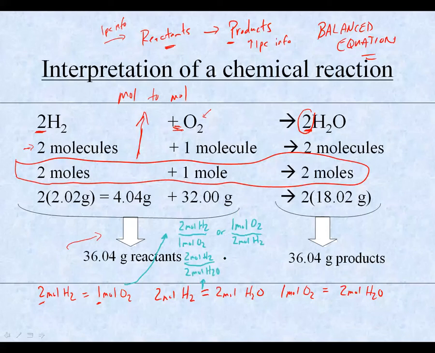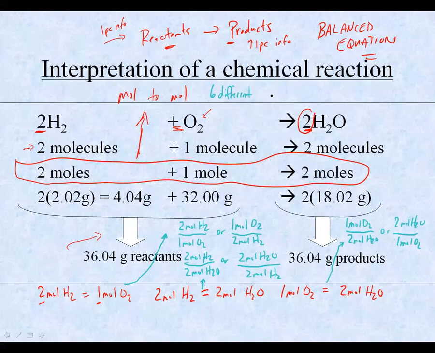Or again, we can flip it around if we needed to, 2 moles of H2O on top and 2 moles of H2 on the bottom. And lastly, for this guy here, go this way, we could also write 2 conversion factors. We could say 1 mole of O2 on top gives us 2 moles of H2O, or 2 moles of H2O give us 1 mole of O2. So from this one equation that we have up here, we actually can have 6 different